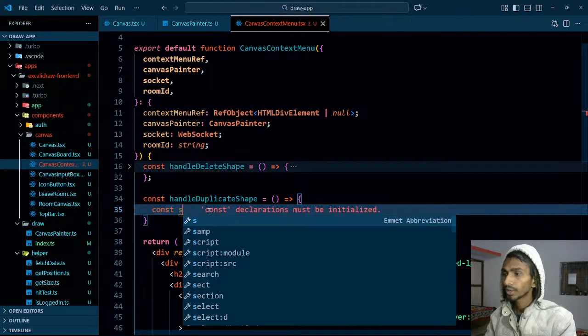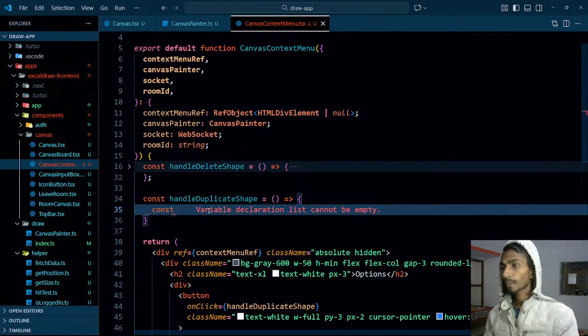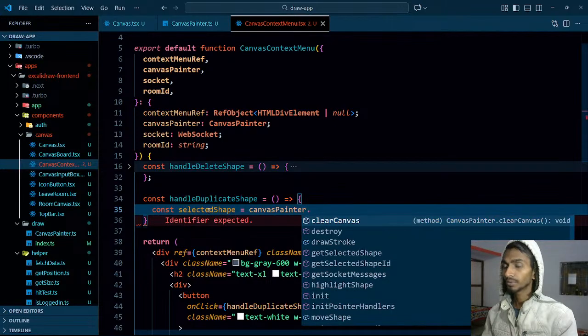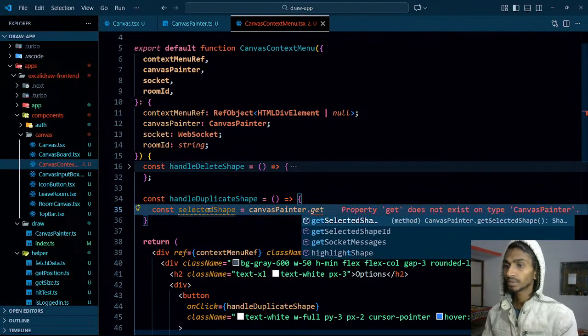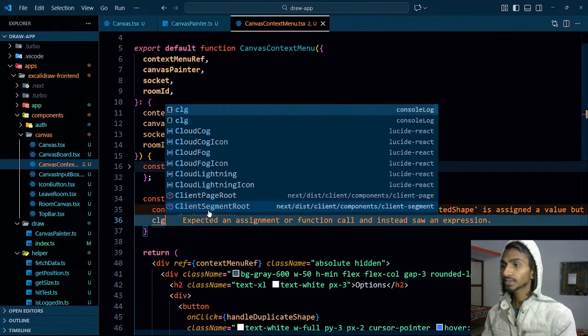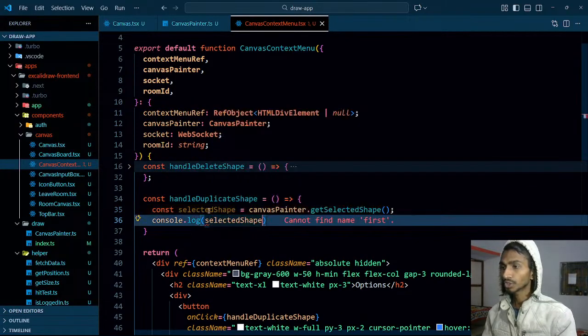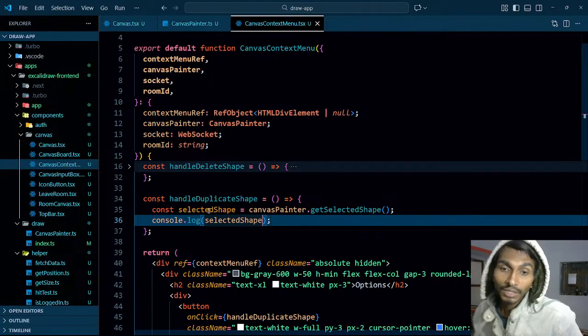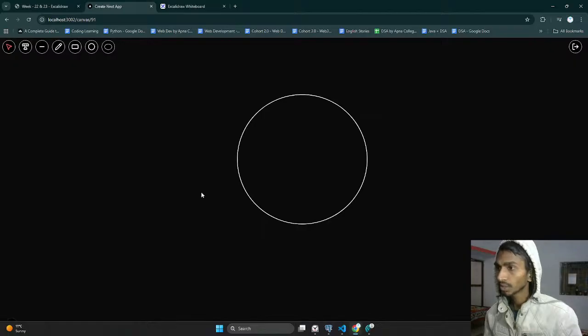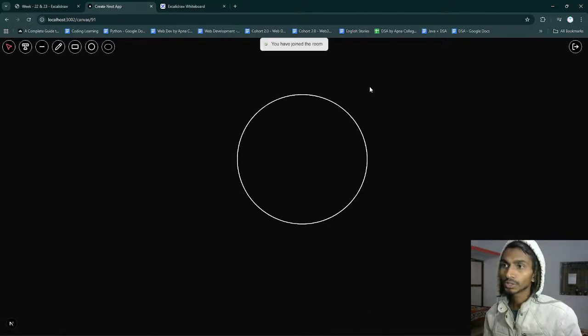So const selectedShape is equal to canvasPainter.getSelectedShape, something like this, and let's console log it, selected shape. Let's check whether we are actually getting the shape or not. So for this, let's go here, reload the page, okay, and